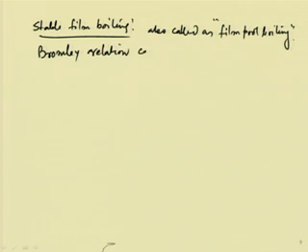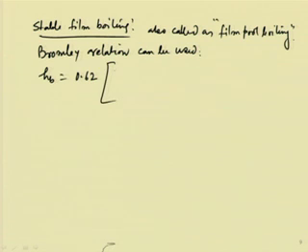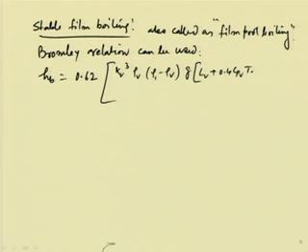The Bromley relation can be used. It says that Hb, the boiling heat transfer coefficient, equals 0.62. Now, Kv is the thermal conductivity of the vapor, this into rho V density into rho L minus rho V into G. Now, here is the modified latent heat or enthalpy of evaporation, 0.4 Cpv into Te, the excess